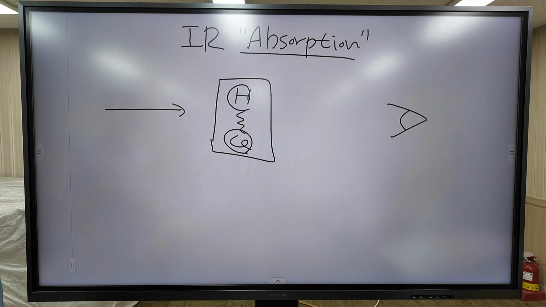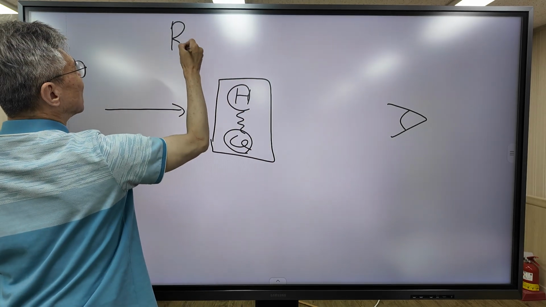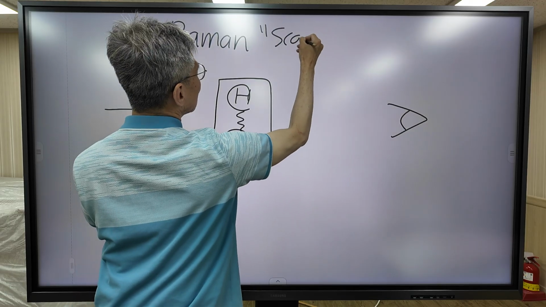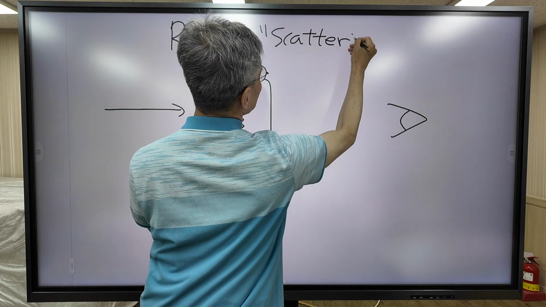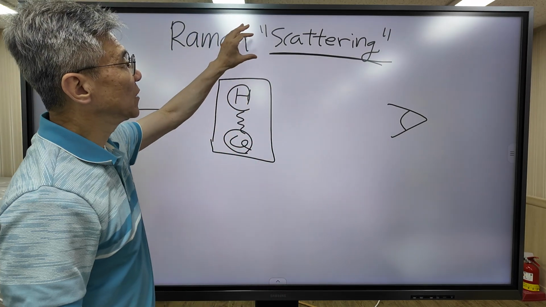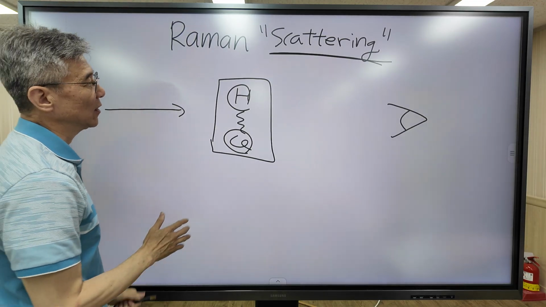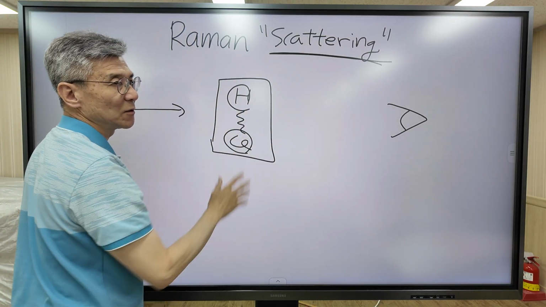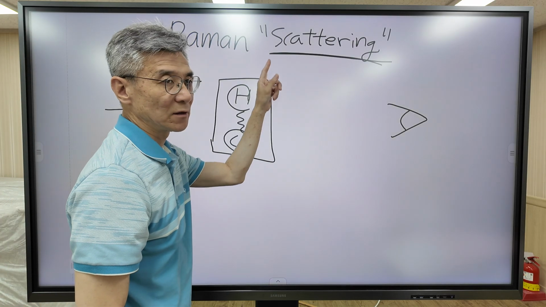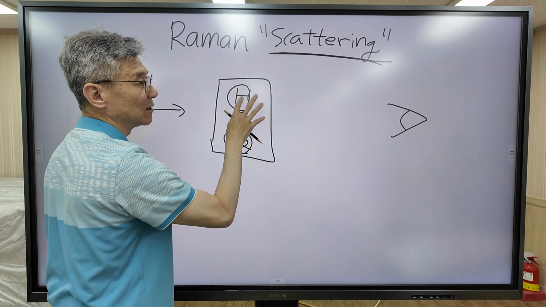And the full name of Raman spectroscopy is Raman scattering spectroscopy. So in Raman spectroscopy, we measure the newly generated scattered light. The scattered light is scattered in all directions. So in principle, we can place the detector anywhere in space because scattering is emitted in all directions.